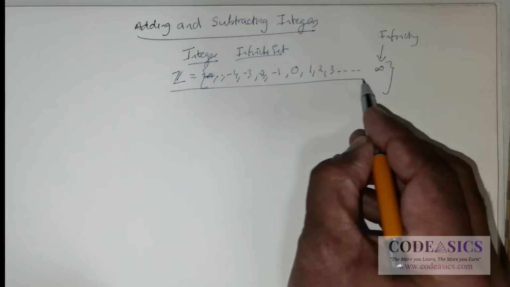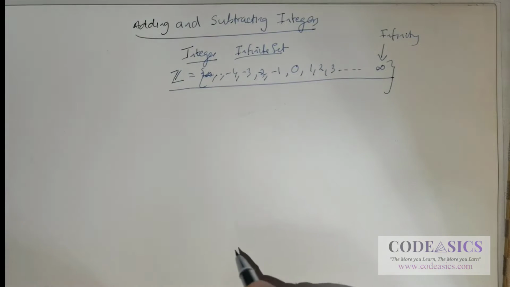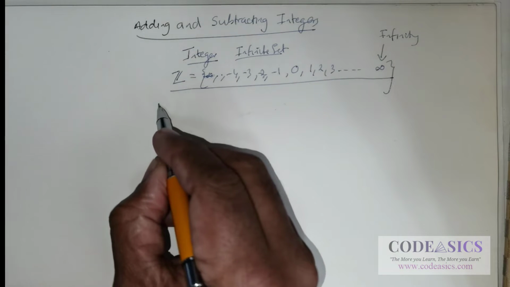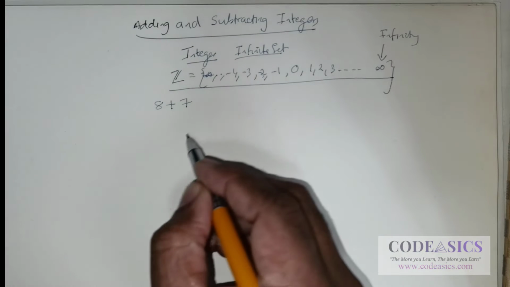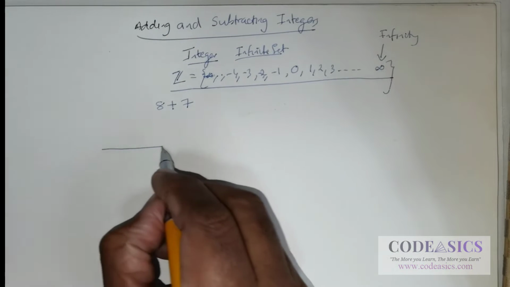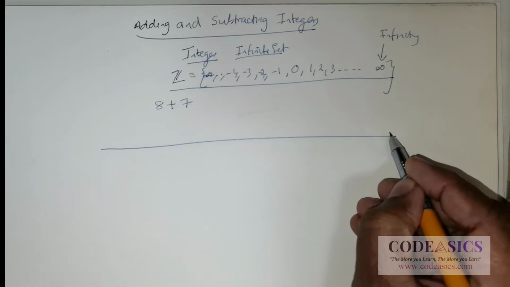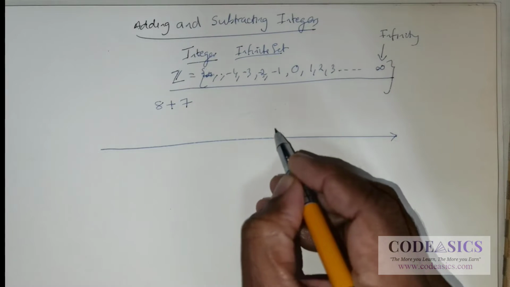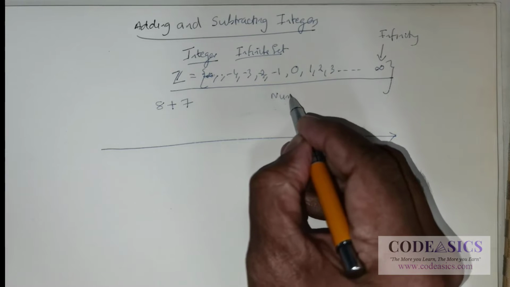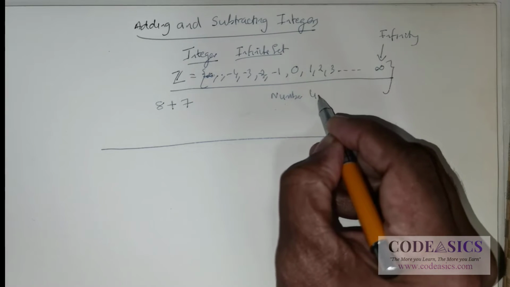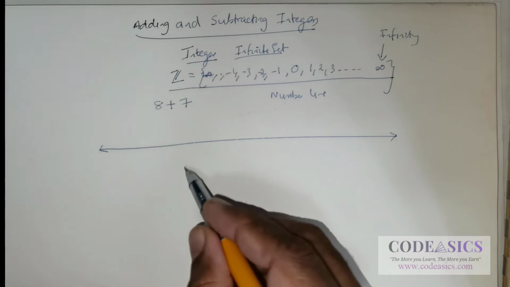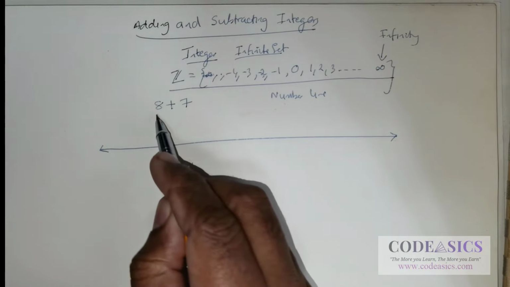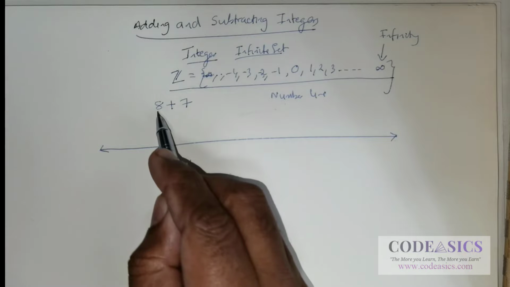So we are actually talking about numbers in this fashion. Now if you are given, say, 8 to be added with 7, what we need to do is draw a line like this. Now this is called the number line. So we need to draw this line first, and then we need to make sure that we have the numbers